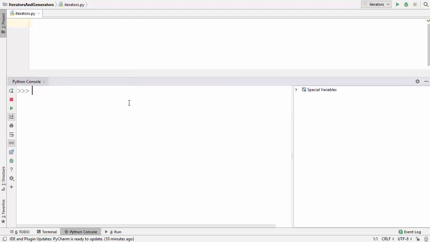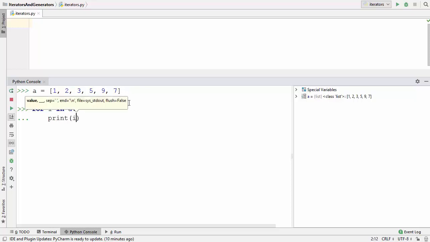So till now, what we have learned is, for example, I'm going to declare a collection, which is a list in this case, and I'm going to just add some values inside the list. And once I declare the list, I can iterate over this list using a for loop. So let's say for i in the collection name, and then you can just write print here to print each and every value of this collection A. So this for loop iterates over each and every element in the collection and then prints the value using this print statement.